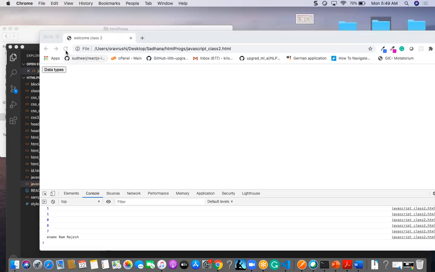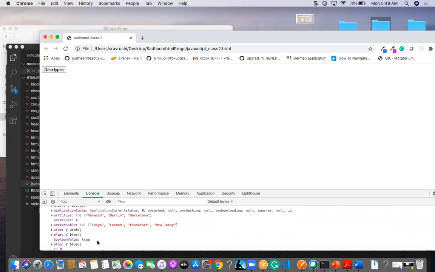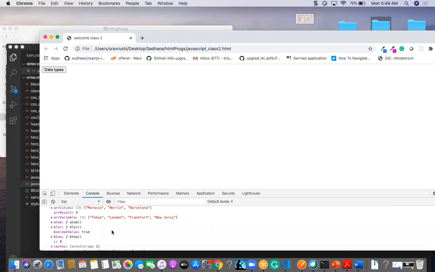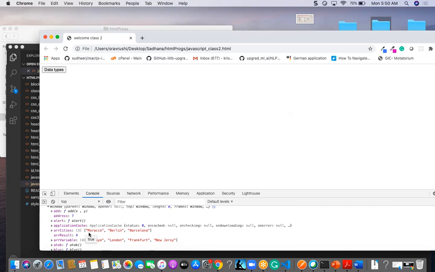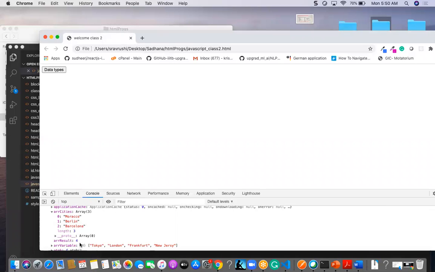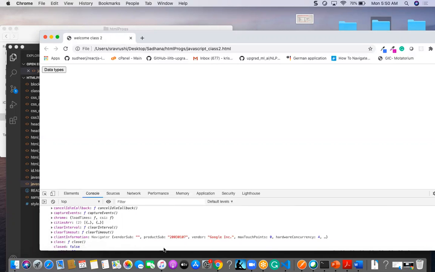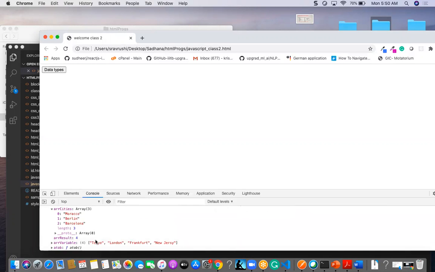Okay, so in this case I will find one window function which is having all the different this, which here is the current window, and in the current window I have all these variables like cities, this array variable. These are the different variables we have declared earlier, if you remember. This array, cities array, function.